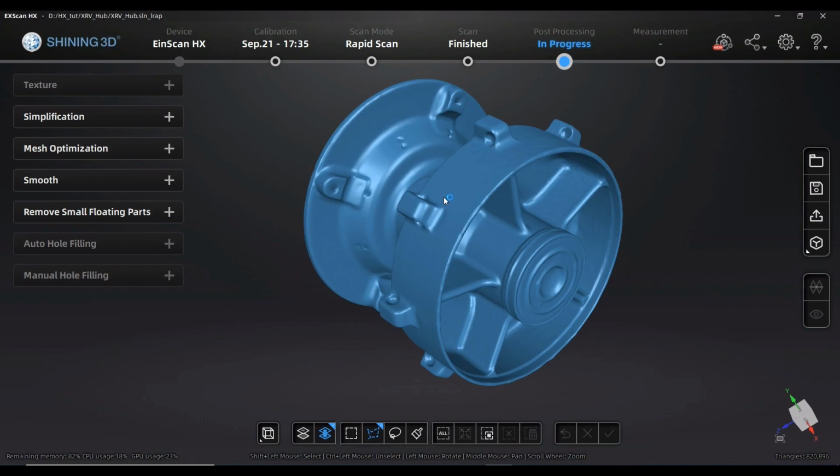Okay, so far that's all for the changes in creating a merged mesh in the new version of the EXScan software. I think it is really a step forward compared to what the status was before, because you are able to work more versatilely. You are not so likely to run into the problem of creating a setup in the calculation that cannot be calculated by your system or the software, and you will be able to save some time and